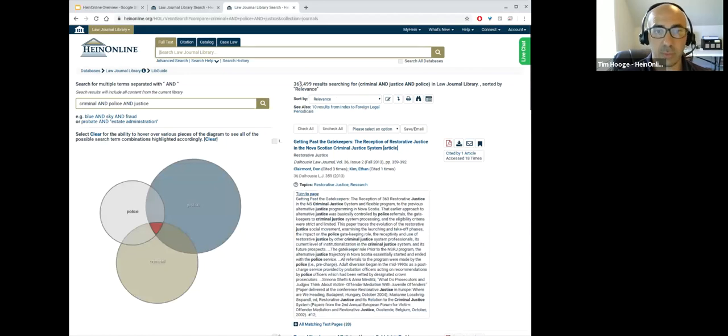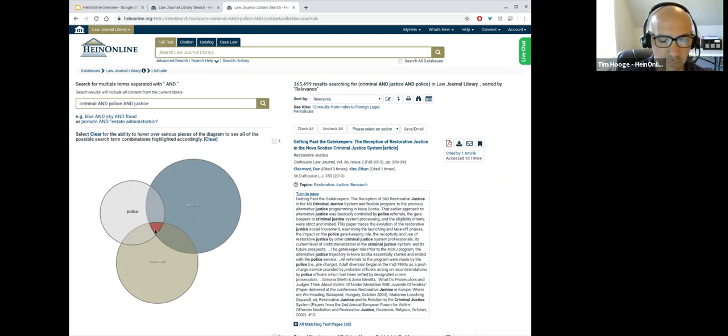And you can see here we received over 365,000 results. Those results are running down the right-hand side of the screen, just as if we were looking at another search result that we had performed previously. And running down the left-hand side of the screen here, you can see our Venn diagram. Now, this is interactive. The results that we're looking at right now are where police and justice and criminal all intersect.